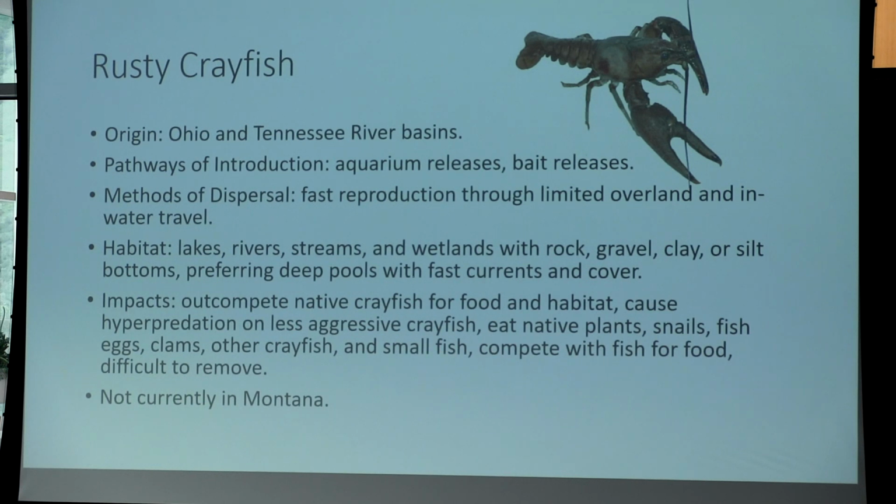Rusty crayfish are a very large and aggressive crayfish. They tend to outcompete native crayfish and also lead to hyperpredation by larger fish on native crayfish. This is because rusty crayfish are pretty aggressive, and they also have very large claws. And that makes them very unpalatable for a fish who could instead just go and eat the little signal crayfish, which is one of our natives, that doesn't have those big claws and isn't as ready to fight everybody as the rusty crayfish is. And so that leads to more predation pressure on our native crayfish if these are introduced.